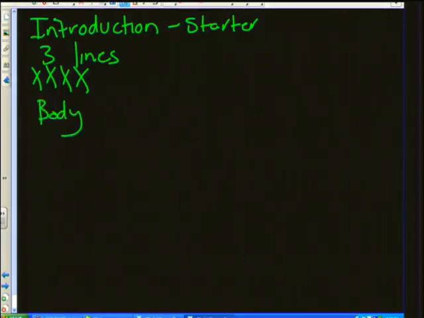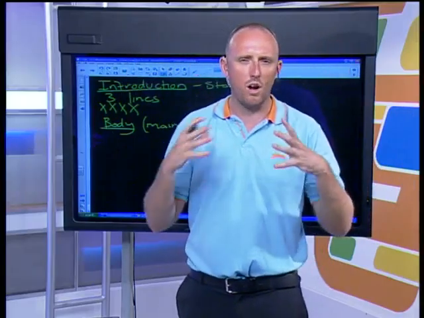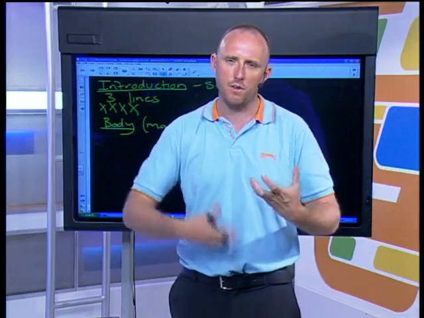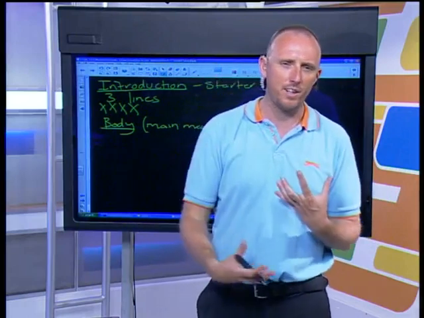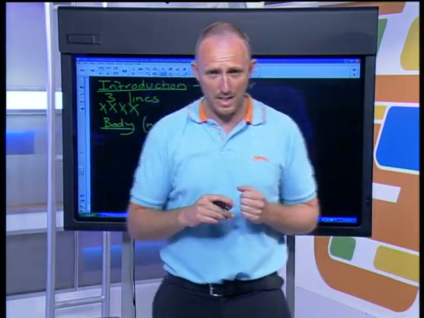Okay? So the body are all of our different points. Once again, sorry guys, make sure everything is underlined. So the body is like the main meal. So for my starter at this restaurant that I went to, I had scallops with this thin, crispy bacon with this guacamole. It was absolutely amazing. It just made me so hungry for the main. And for the main, I had this amazing beef fillet. Just like you guys see on those cooking programs, that's exactly what it was like there.